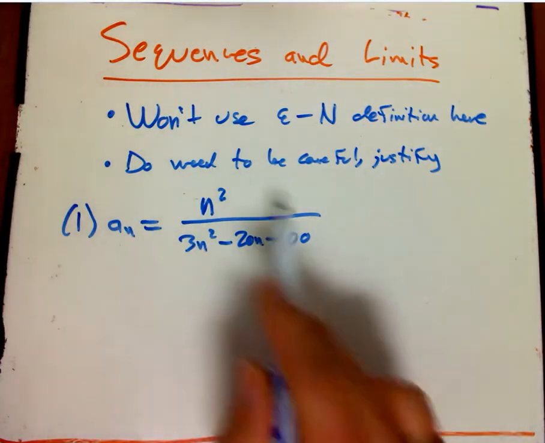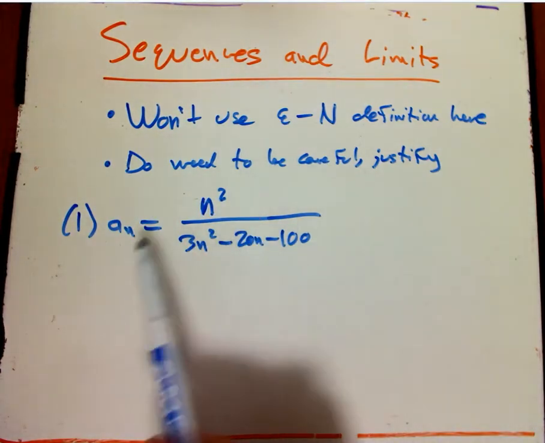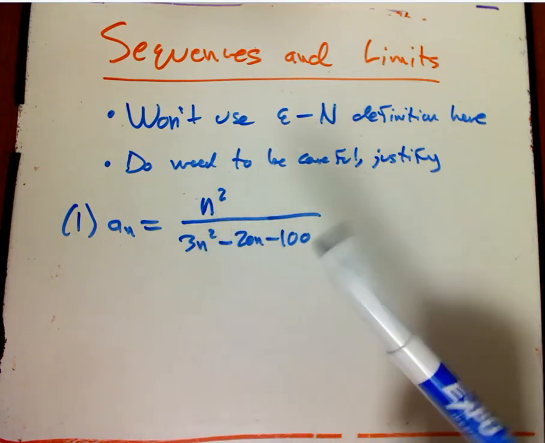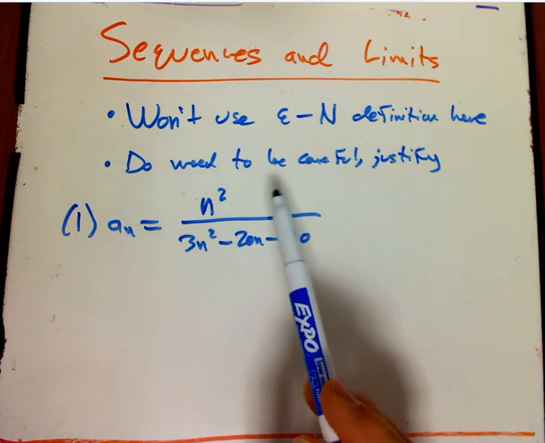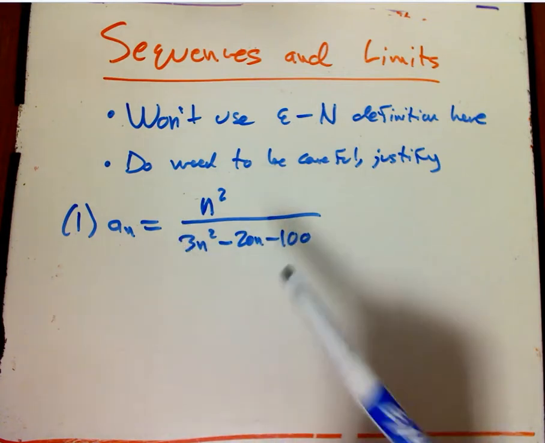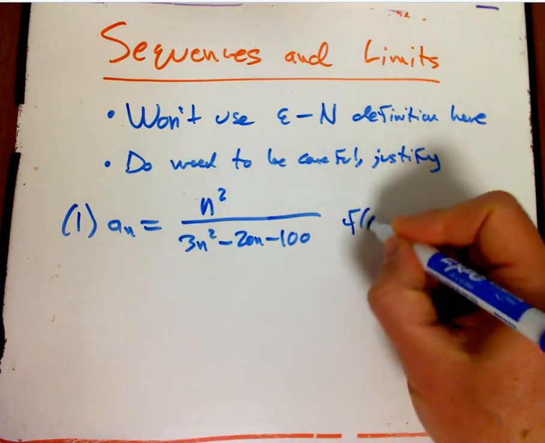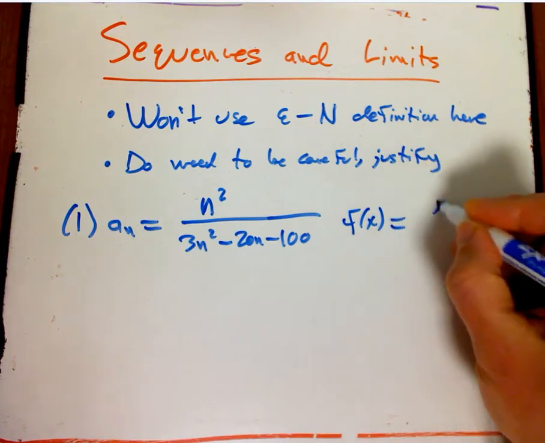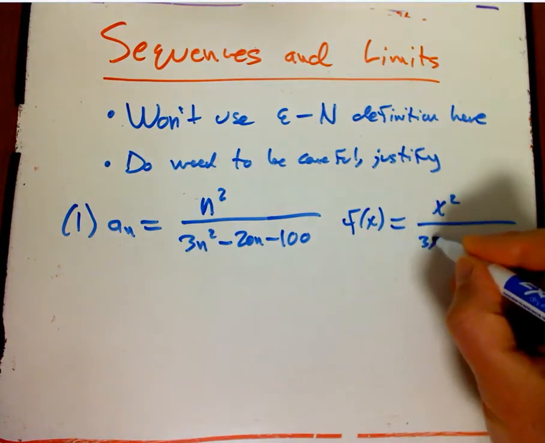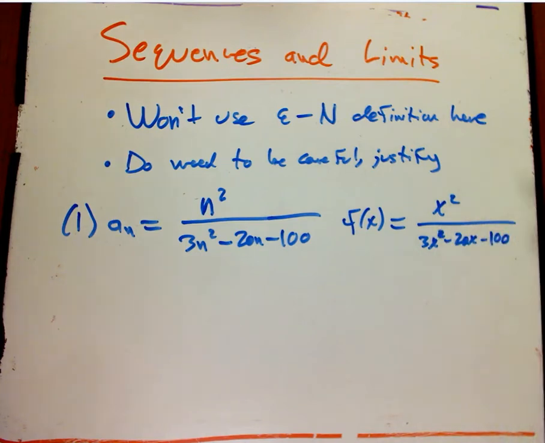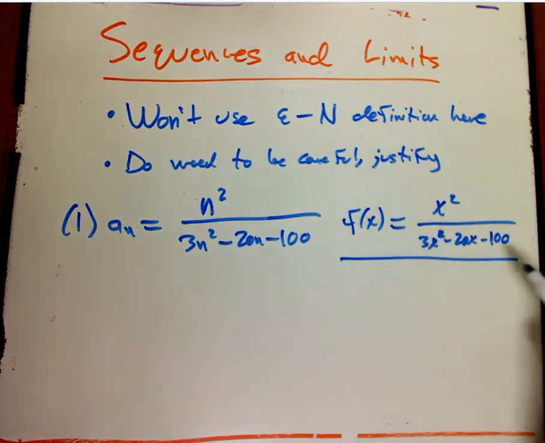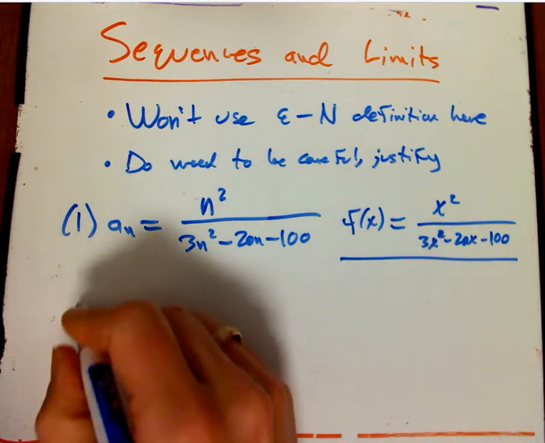So what could we do with this one? This is a very common situation where it's a function that would make perfect sense, and we know a lot about it if we define it as a function of x. Now we'll see examples where that just really doesn't make sense, or it would be too hard to define it as a function of any real number. But if it does, we have Theorem 3 in Stewart,